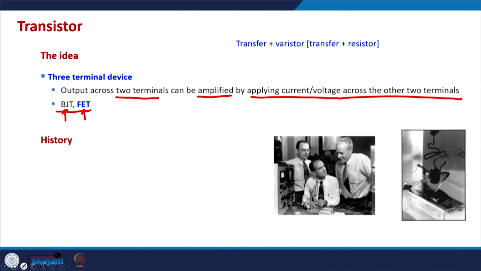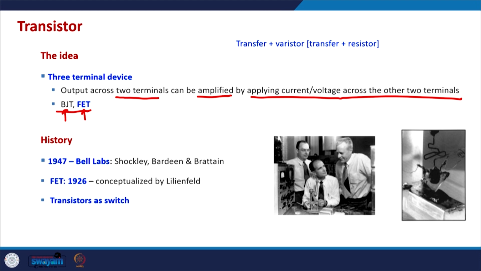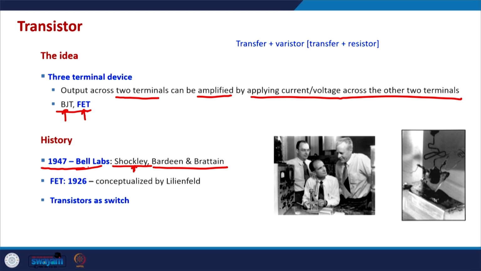If we look a little bit at the history of the transistor, the first demonstration of the transistor was done in 1947 at Bell Labs, essentially by Bardeen and Brattain. Very quickly, Shockley, who was in the same lab, demonstrated a slightly different kind of transistor. Bardeen and Brattain demonstrated the point contact transistor, and Shockley demonstrated what is nowadays known as the NPN transistor. This was late 1947, when the transistor was officially demonstrated.